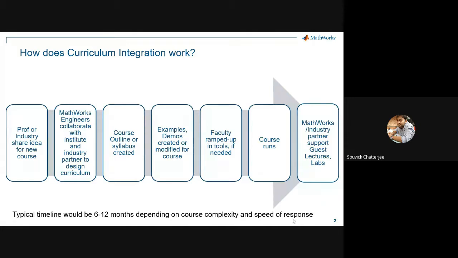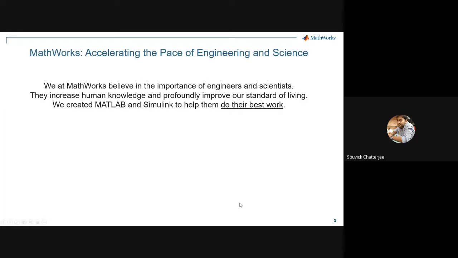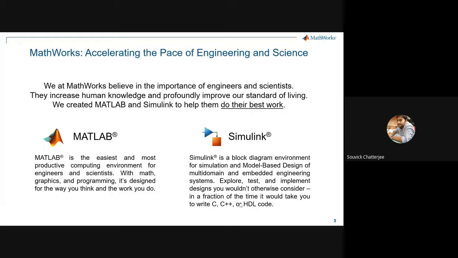Now, going back to the MATLAB software itself. As most of you might know, there are two aspects. One is the MATLAB environment. Most of the things we'll be talking about will be in the MATLAB environment in the image processing segment. And then there is Simulink as well. Simulink also helps in certain areas of model-based design, or modeling certain things in a block diagram-based approach.